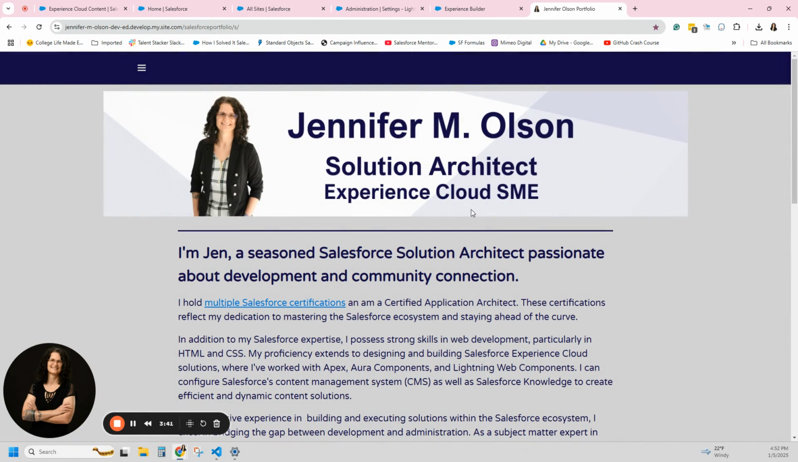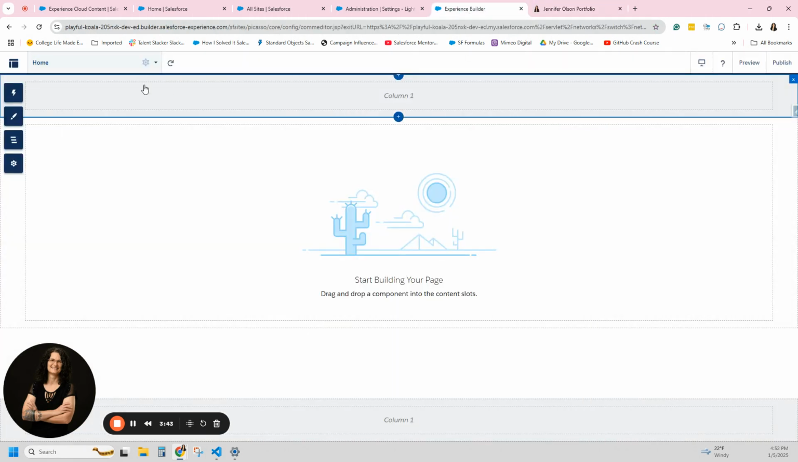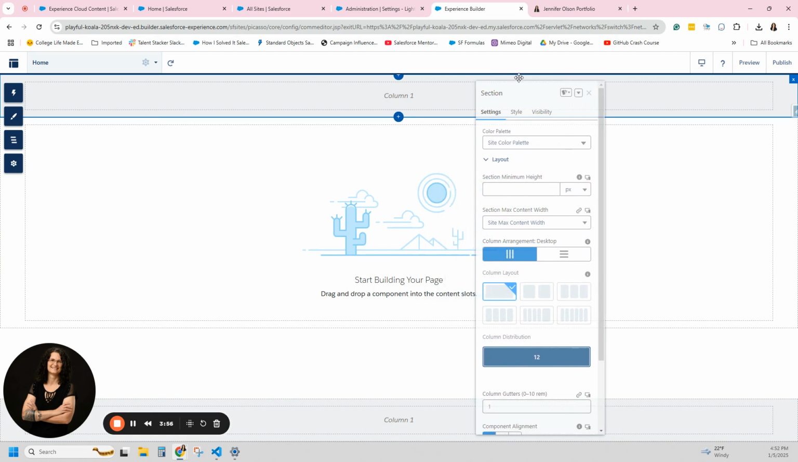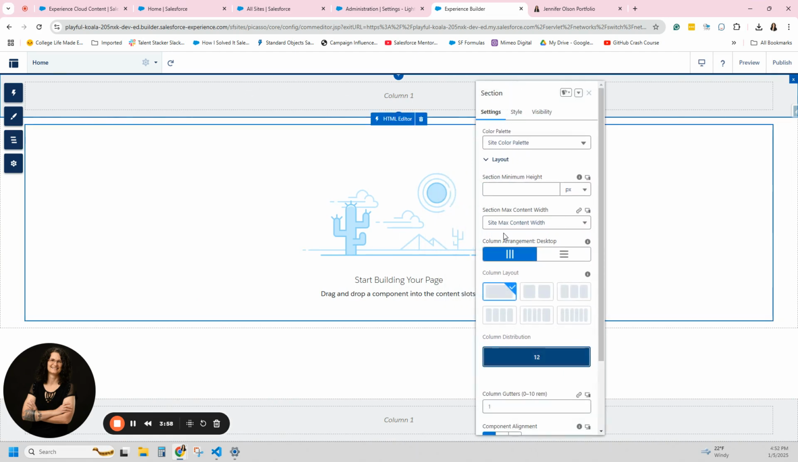So that's a little different than your banner at the top, but we're going to work on the header to get your navigation menu and everything in there. So it's really easy. First, you start with a section. If I take my mouse and click in this section at the top, a component or a box comes up